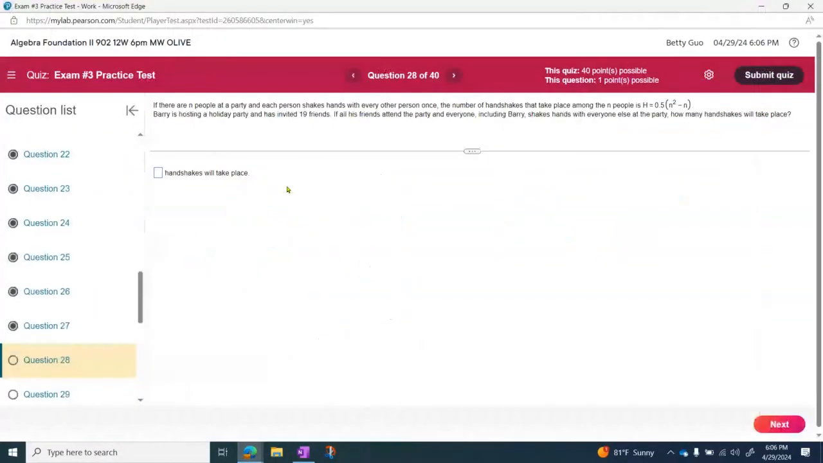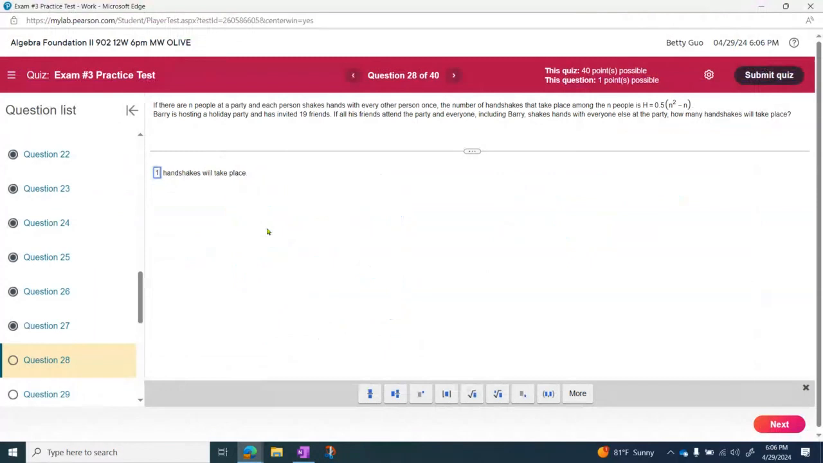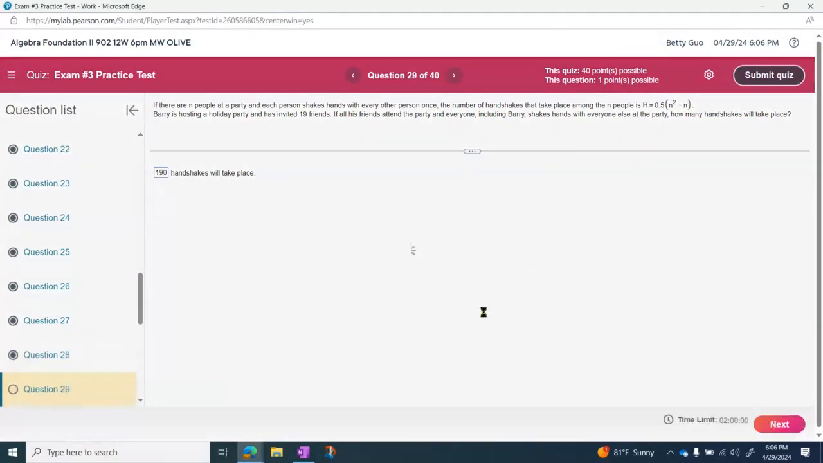Let me enter. It seems difficult, a lot of things going on, but it's actually just a function, and you are given the value of the independent variable. All you need to do is to plug it in and then find the value for the dependent variable. Next,